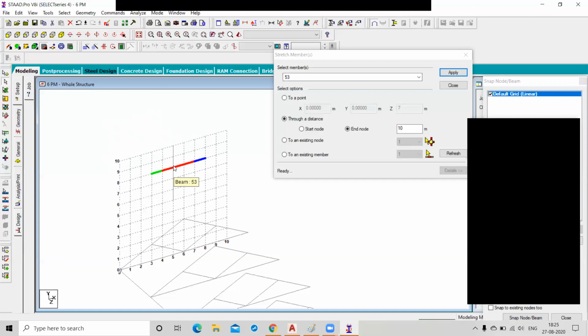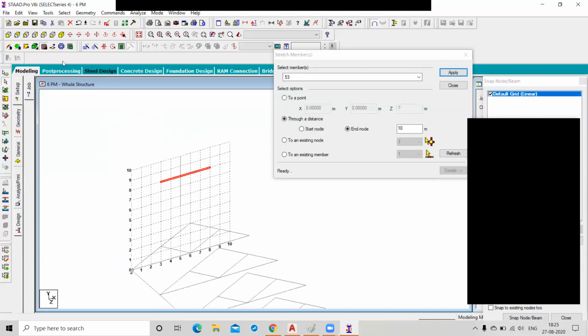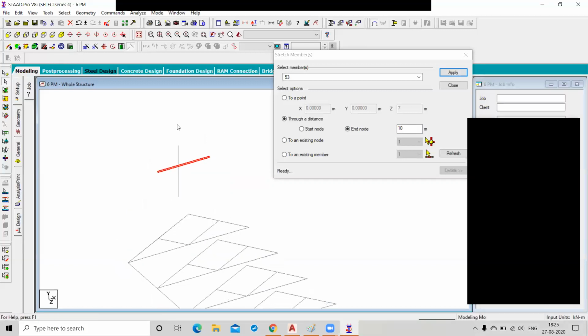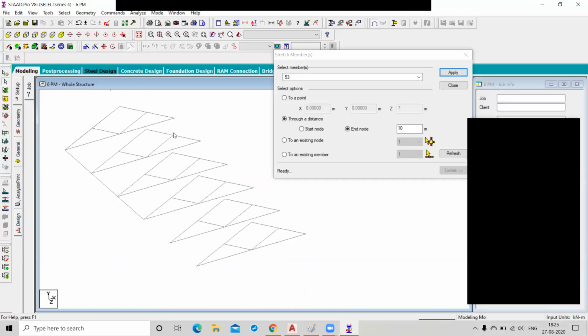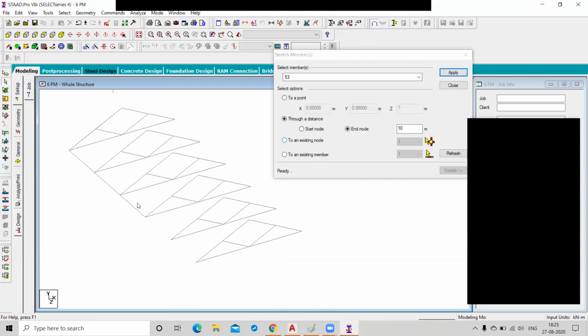Okay. Now the third method is for a particular node: to an existing node.